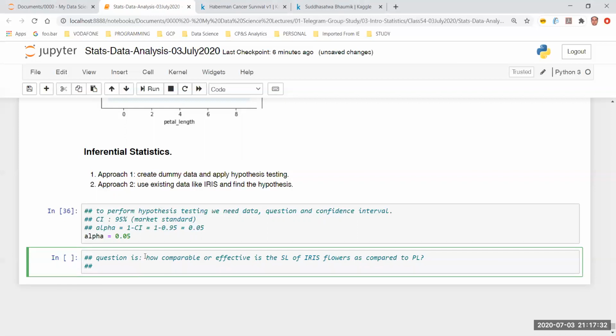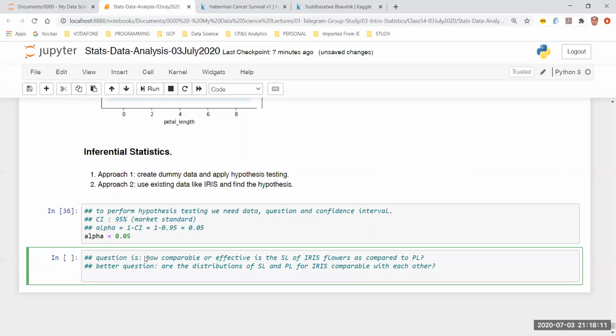In other words, now this is not a data driven kind of question. We have to convert this into a data driven question first of all. So let's try to find out how we can really convert that. Or a better question: are the distributions comparable with each other? So one more way to ask the same question: distributions of sepal length and the petal length for iris. Okay, so what we would like to do, I don't think we have time right now,